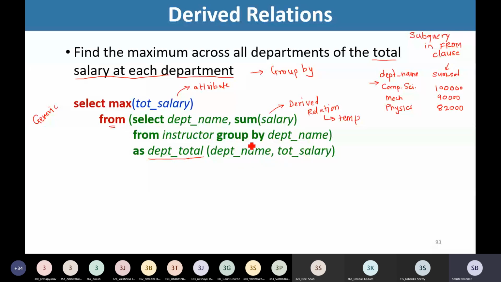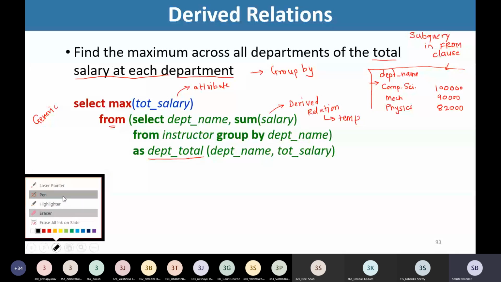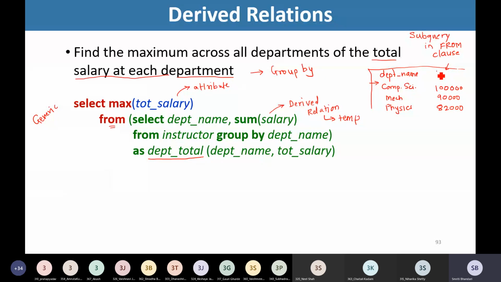So the outcome of this relation, I'll be having this department name and the sum of salary, tot underscore salary. So this is one attribute and this is another attribute of our derived relation, and name of this derived relation is department total.